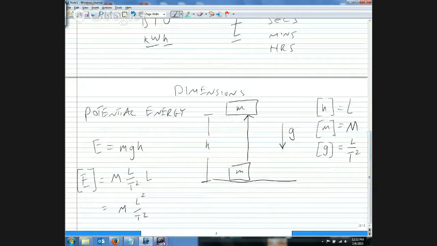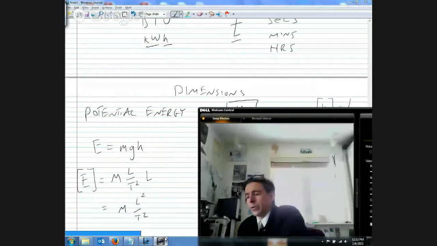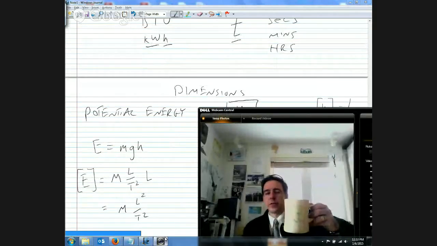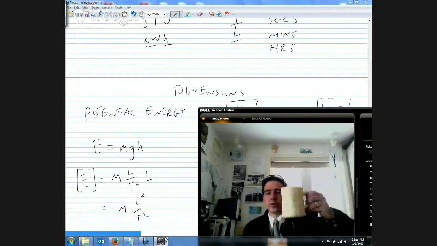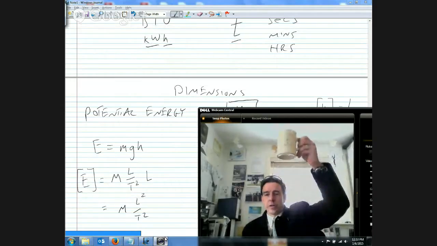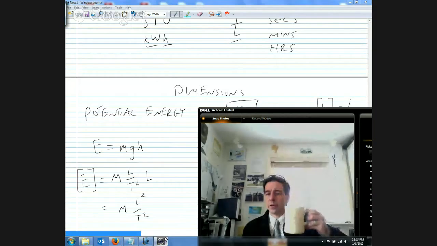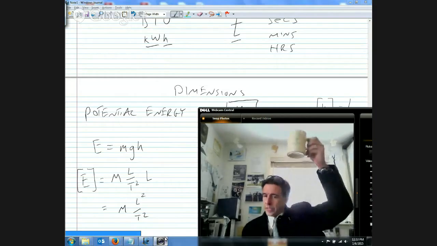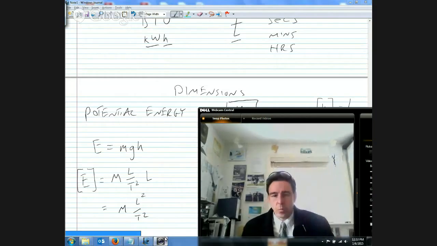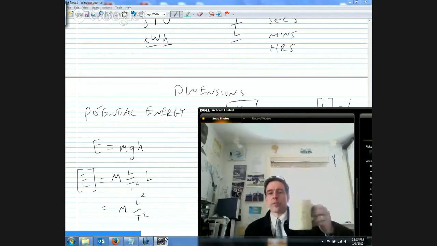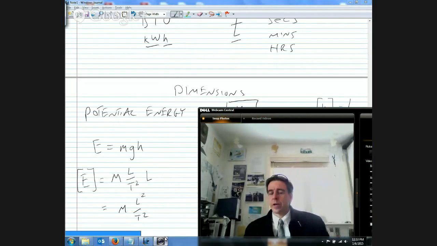So I think everyone can appreciate that if I do this once to go from a lower elevation to a higher elevation, that took a certain amount of energy. If I do it again, it's going to be the same amount of energy. But now you might say, well, what if you did that a little quicker? You went from here to there. Now, it was the same change in energy, but I did it more quickly,